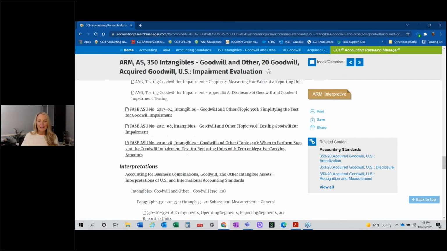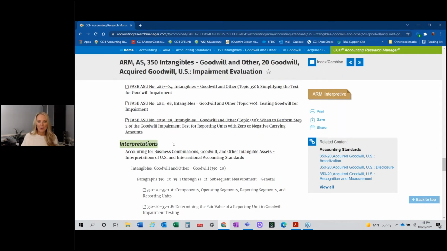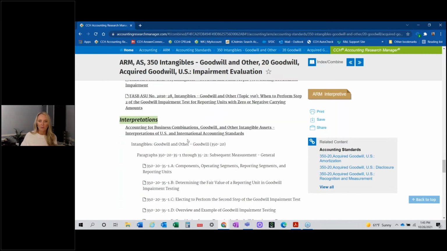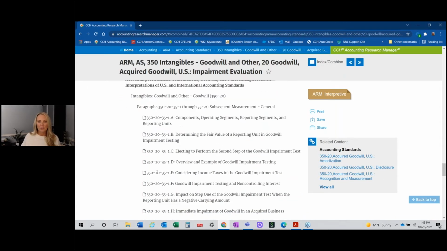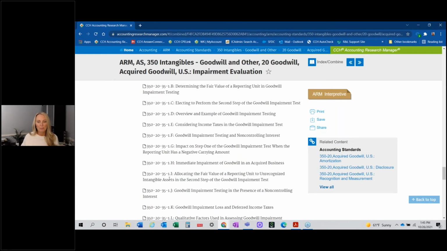And the last thing on the page would be our interpretation. So there's a lot of information, but when you think about a typical environment, if you're just doing a keyword search on your own, having to look at the SEC, the FASB, the AICPA, then look for the interpretations, all of that is pulled together here for you on this one page, and that's really just to ensure that you aren't missing anything. We definitely want to mitigate that risk of you missing something that would be important for